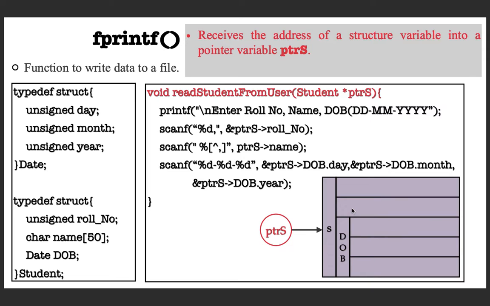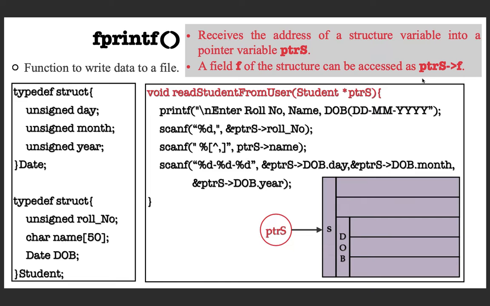And now I am going to tell you, if you are having a pointer to a structure, then how the components of this structure can be accessed. This is how you can access a component or a field in the structure. Suppose f is a field in a structure and ptrs is pointing to that structure variable, then rather than using dot as the member access operator, you can use this arrow, ptrs arrow f. It's a hyphen and a greater than symbol. So this is how you access the field of a structure using the pointer to that structure variable.